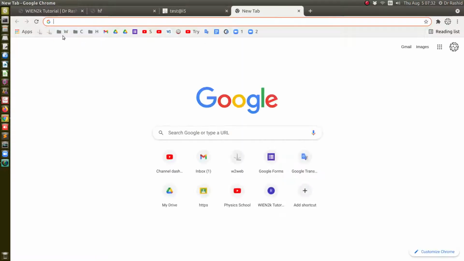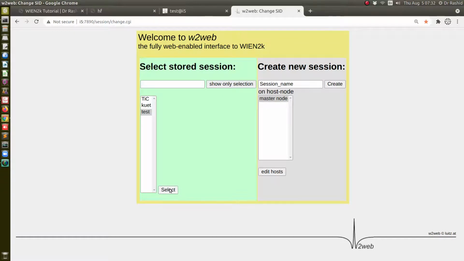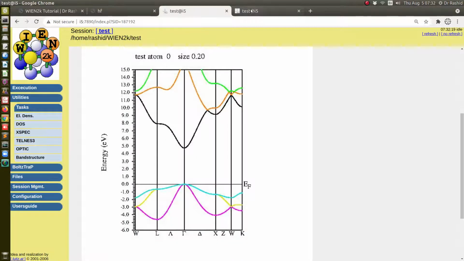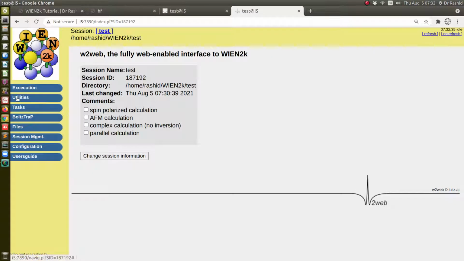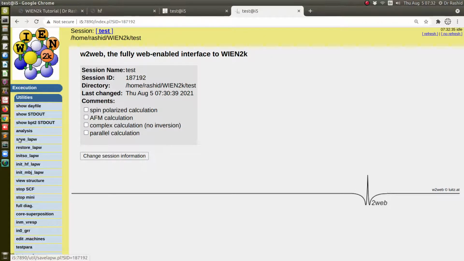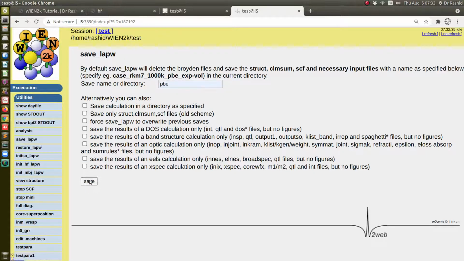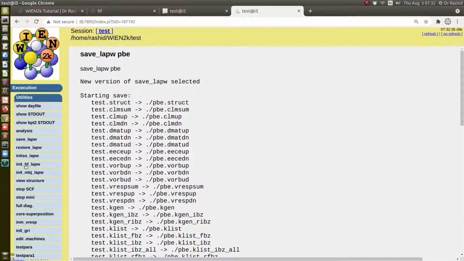Now let me do the SCF calculation with the full hybrid potential. So I am in the same directory like this one, and before doing so, I will save the results so that I can see the differences. I will use the name PBE. So the results have been saved. Now to do the SCF calculation with full hybrid potential, I need to run this script